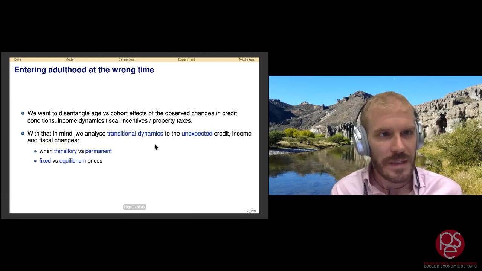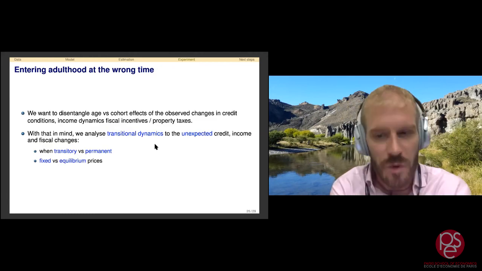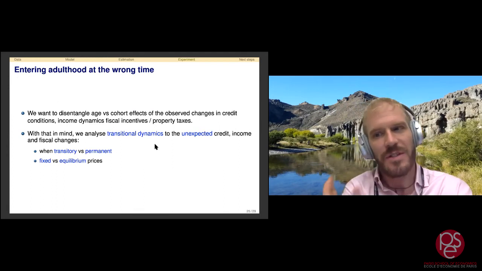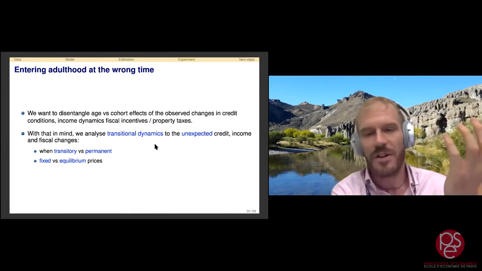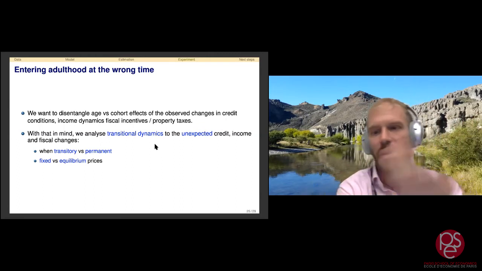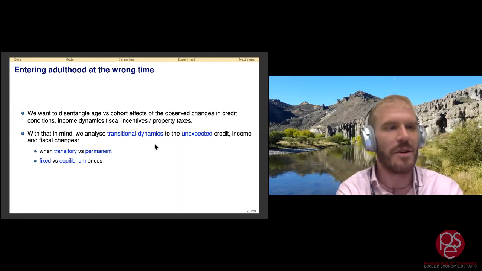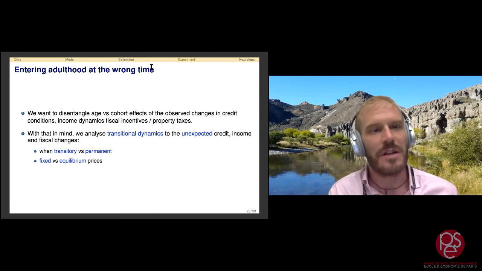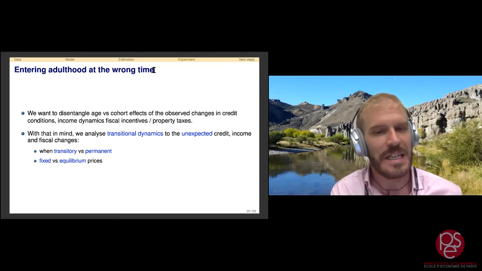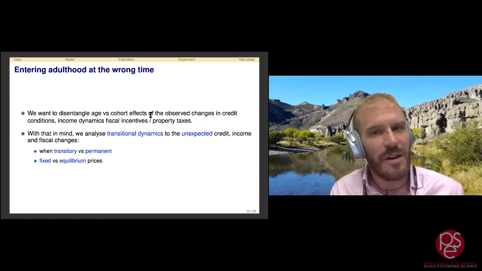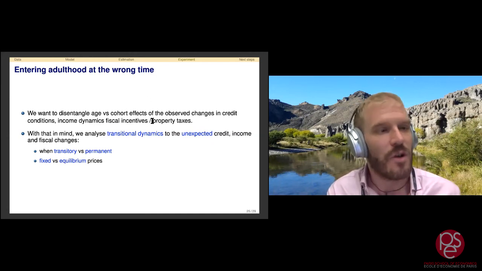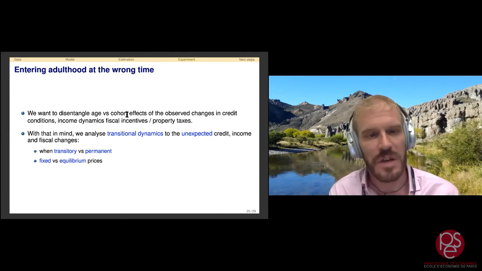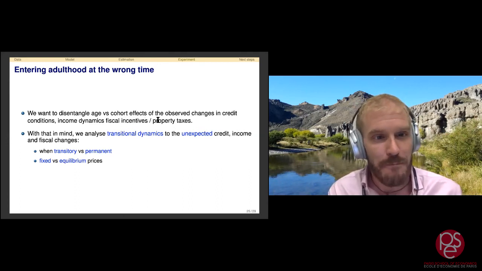So in a sense, what we're trying to understand here is how the fact that you as a household enter adulthood, or enter the model, the labor market or the housing market, at a wrong time (I'm calling it wrong time here, even in brackets), how does the boom and bust affect different cohorts of households differently, right? And we want to try to disentangle the age and cohort effects that we observe in the data. So with that in mind,